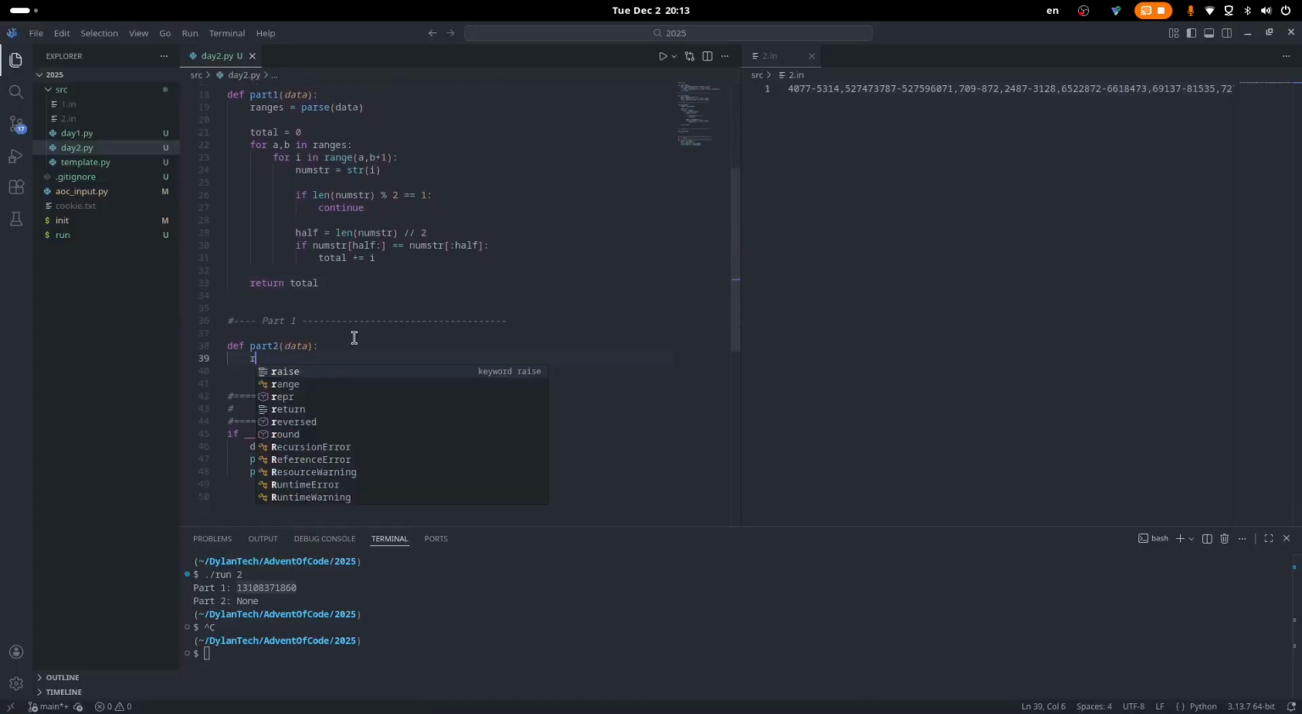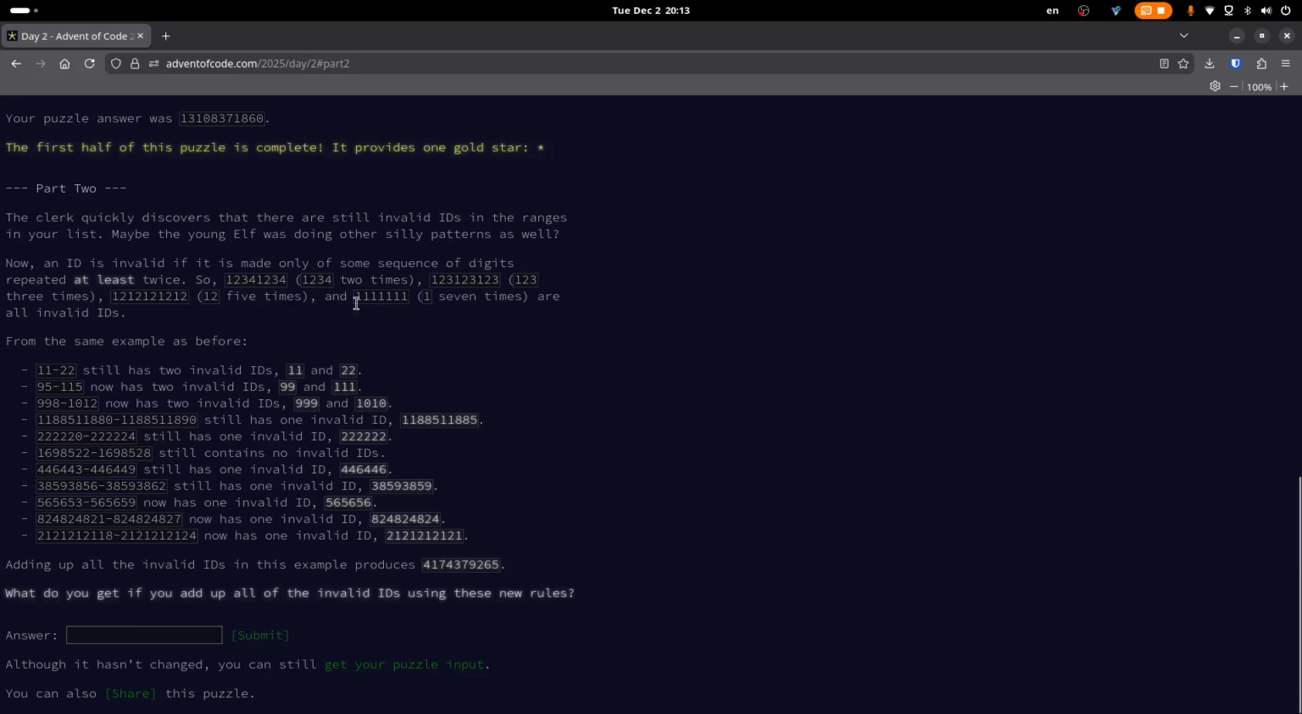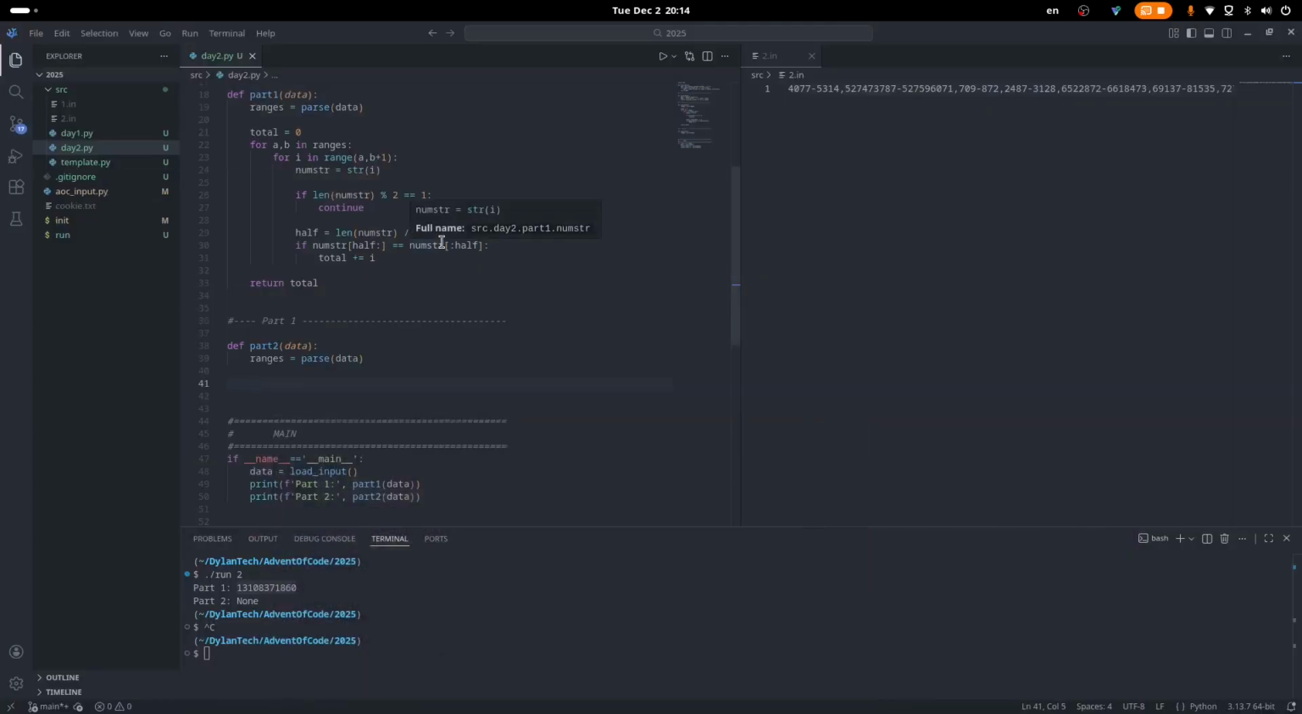And once again, our ranges will be equal to parsing the data. And I'm thinking what we can do for this, instead of just splitting the number in half, we need to check all possible sizes. So like here we have size 1 repeating, size 2 repeating, size 3 repeating, size 4 repeating, all the way up until halfway of the number size. So I'm going to split the number into chunks of equal sizes to see if all the chunks match each other. So we'll do that in a function called